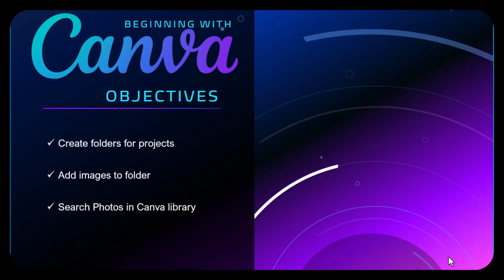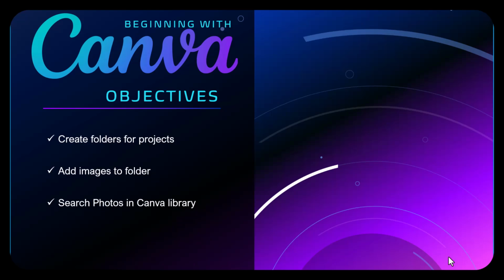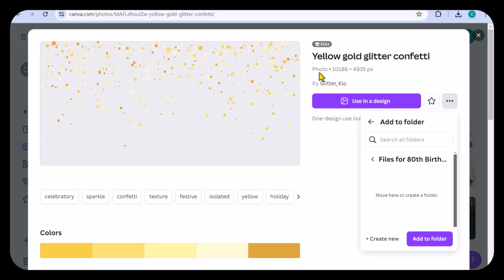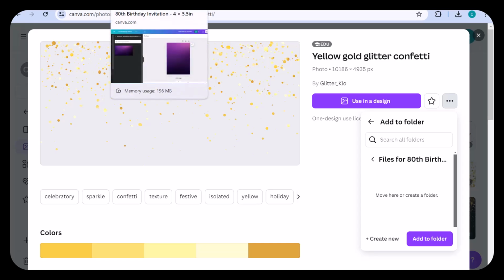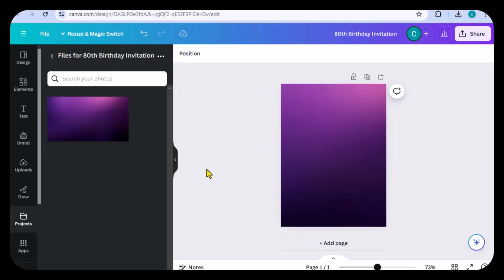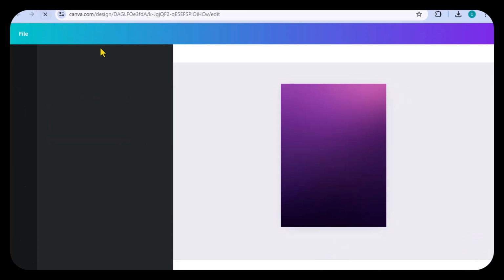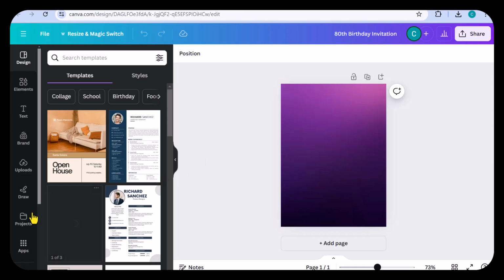That takes us to our final task for this video, and that is to add images to the project and manipulate them. Let's head over to Canva. Now that we have our images within the folder, let's head back to the Projects tab. And as we can see here, only the background image is being displayed within the folder. So what I'm going to do is to refresh this page, and we should be able to